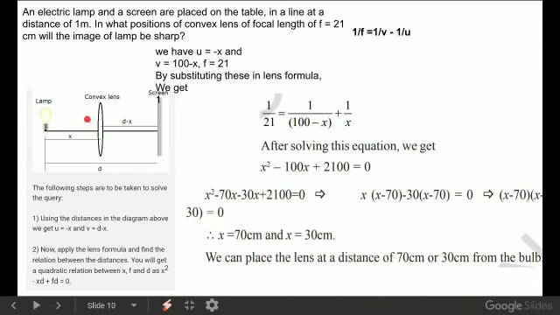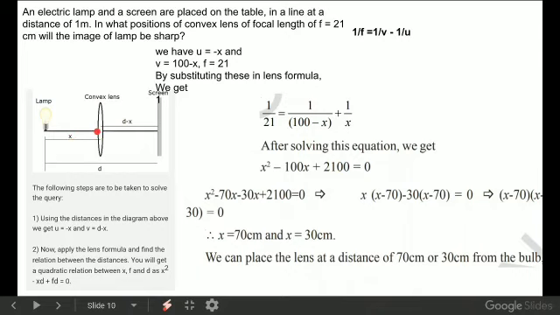The question of this problem is: at what distance from the lamp should this lens be placed to obtain a clear and sharp image on the screen? Let's consider that this lens should be placed at x distance from the lamp. The lamp acts as the object, so the object distance is x, and remember that the object distance should be taken negative. Why? Because from the lamp, light rays move from left to right, and we measure the object distance from the optic center to the lamp, that is right to left, so we must take the object distance negative.